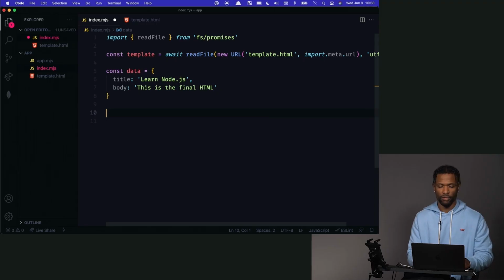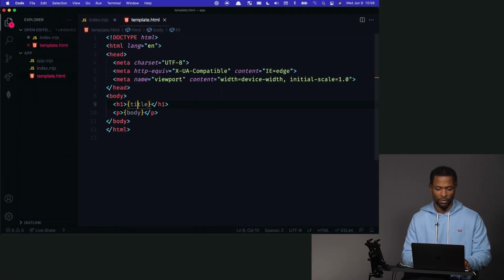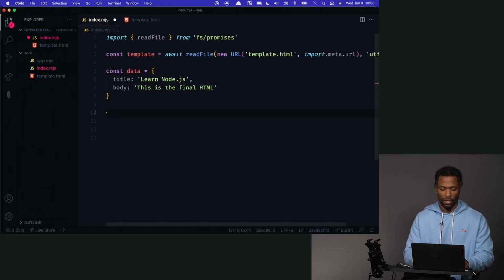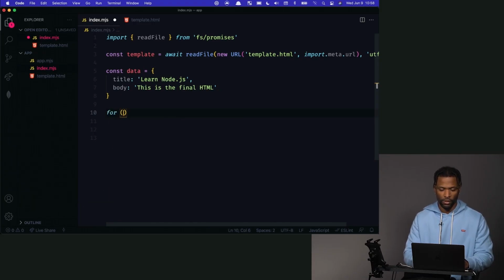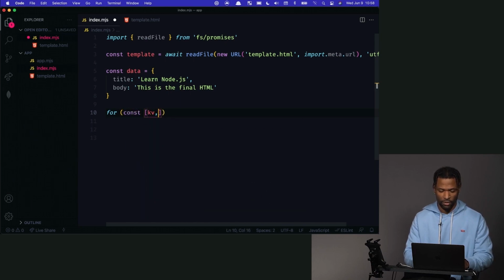And then the next thing we want to do is we can just loop over this data, and then we can replace every single instance of the placeholders that match the key inside this, because the keys title and body match with the variables title and body. So we'll just match those using the replace method. We can say for const, let's just say key value of